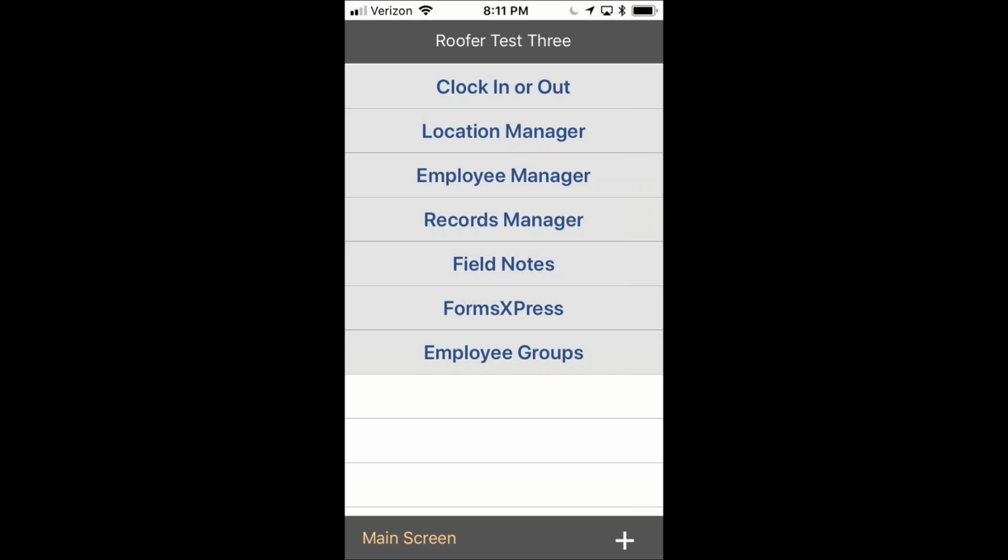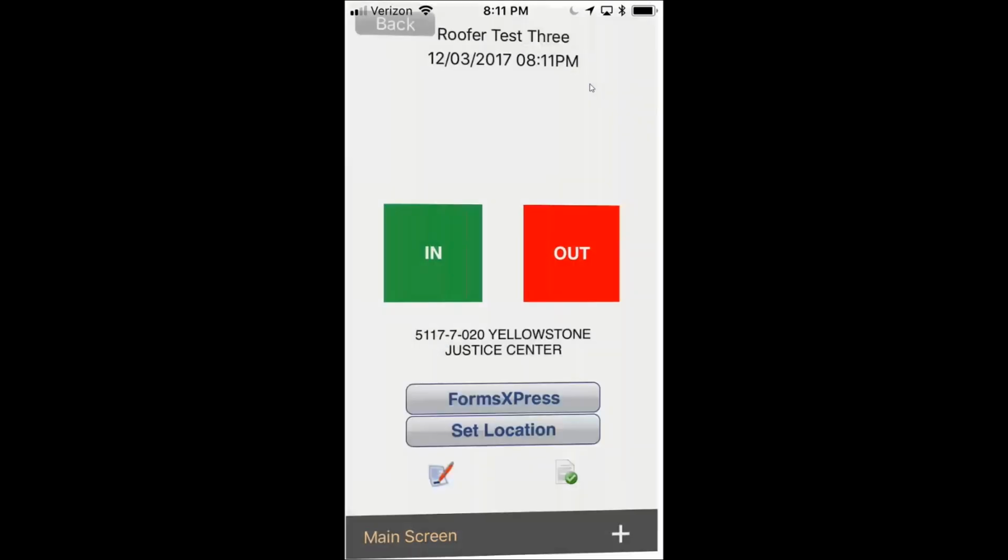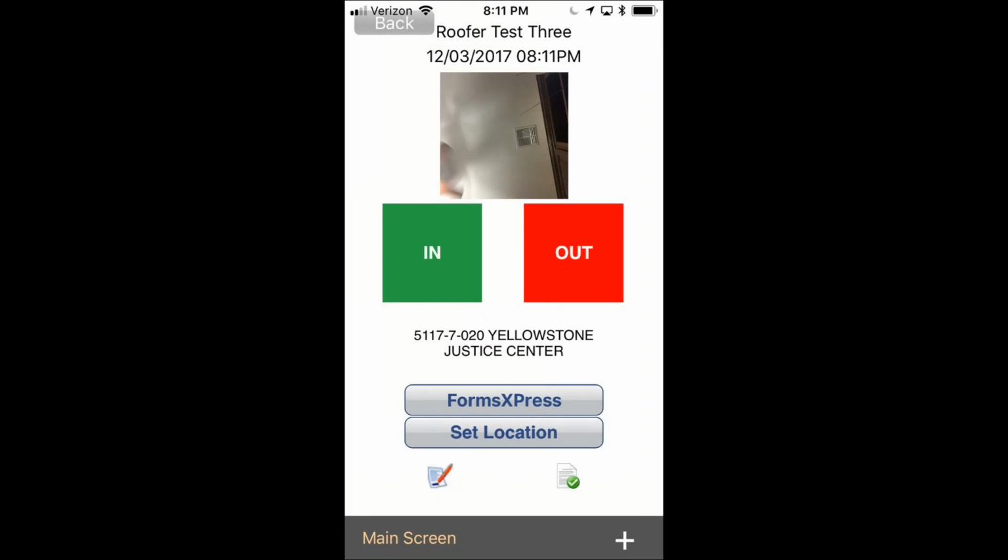Okay, so what I want you to do is now click this Clock In or Out Manager. So boom, open it up, and here we are. So what I want you to do, again, just take a look up here. This is your name, the date and time, and this is the job that my device is set on. So go ahead and click the Forms Express button